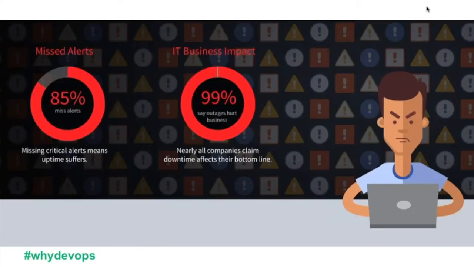Hopefully these are pretty obvious. We miss alerts. 85% said they miss alerts, in one way or another, which is a little bit alarming, honestly, considering that everyone knows a lot of these alerts do mean that their uptime is suffering. Customers and non-customers were saying that downtime does affect my bottom line, and that's a conversation that we have with our customers quite regularly,